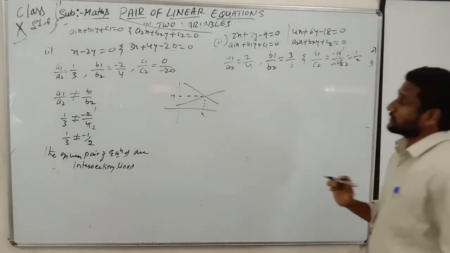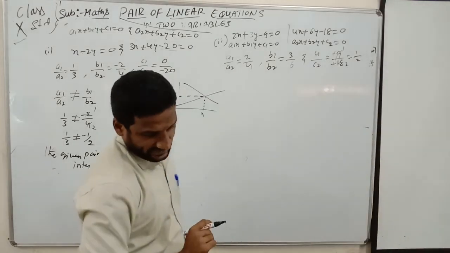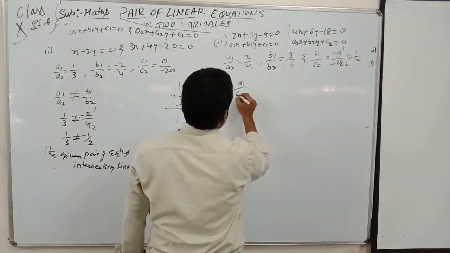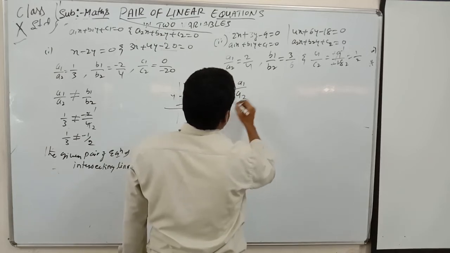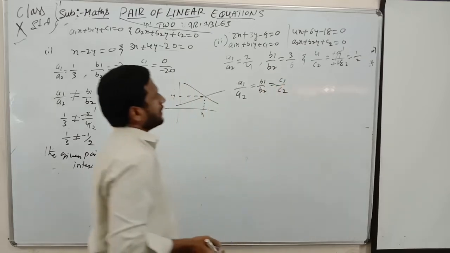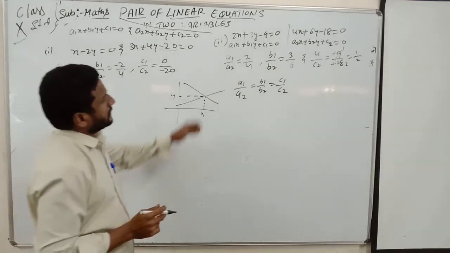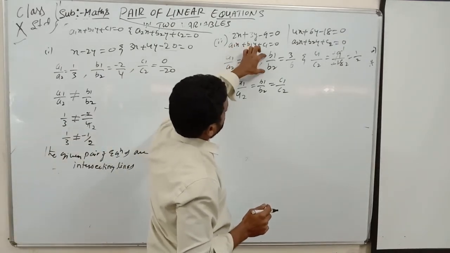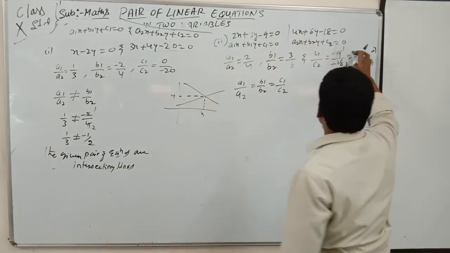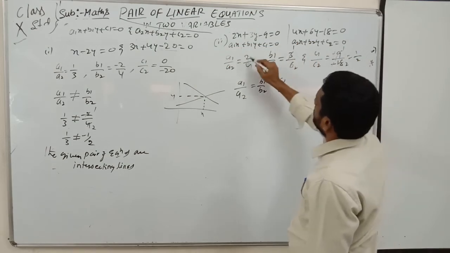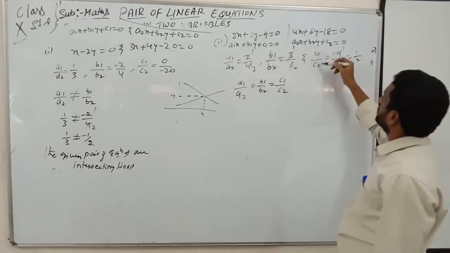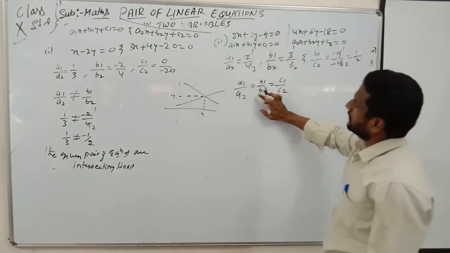Next, you compare the ratios. See, for the second question: a1 by a2 is equal to b1 by b2 is equal to c1 by c2. All ratios are equal. Are they equal? Check here. a1 by a2 is 2 by 4. b1 by b2 is 3 by 6. This is 1 by 2. Yes, all are equal ratios. You can cancel 3 1 ja, 3 2 ja, 2 1 ja, 2 2 ja. Here a1 by a2 is 1 by 2, b1 by b2 also 1 by 2, and c1 by c2 also 1 by 2. All are equal. Then the lines